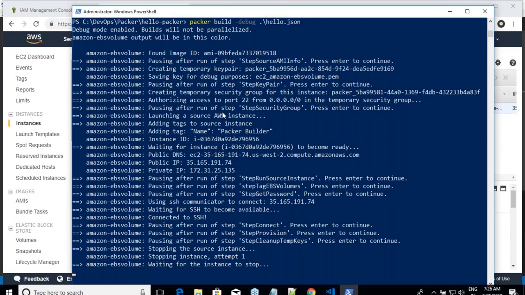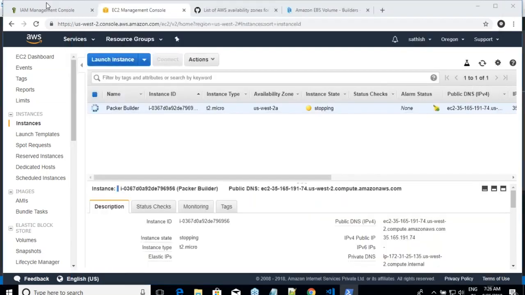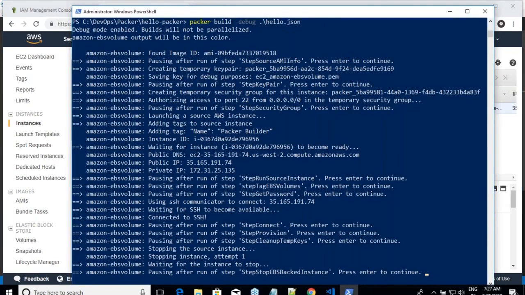Okay, so now if you see the status of this machine, it will be trying to stop, and once the machine is stopped, what Packer does is create the image of this machine, because you have not done any provisioning. All right, so once this machine is stopped, then it will take the image out of it, and that image you will be seeing in images AMIs over here. Right, once this is done, but we have not yet done it. Okay, state is stopped.